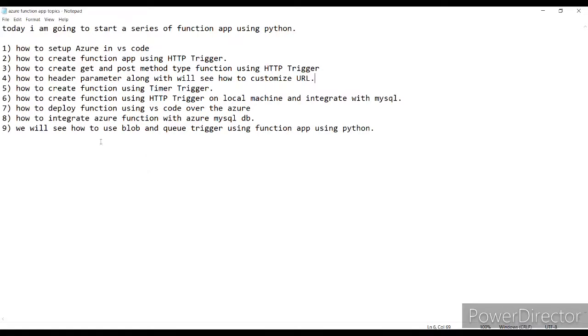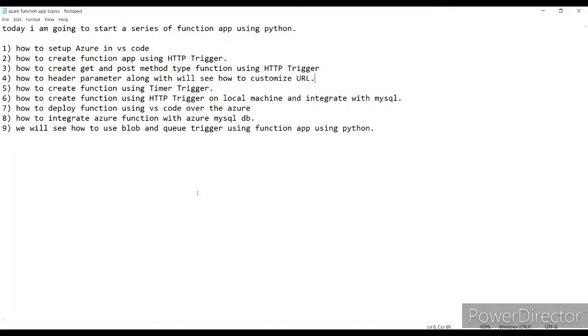Okay, so first of all we will see introduction part of timer trigger, and later point of time we will discuss the lab, how to create a timer trigger using Python in VS Code. So let's start. So first of all we will discuss introduction part as I said.